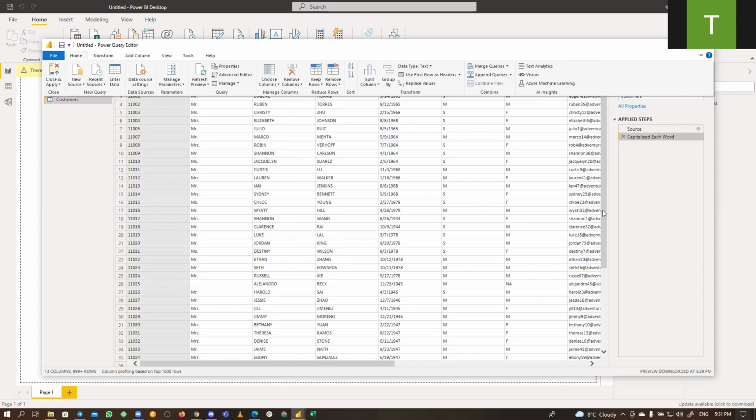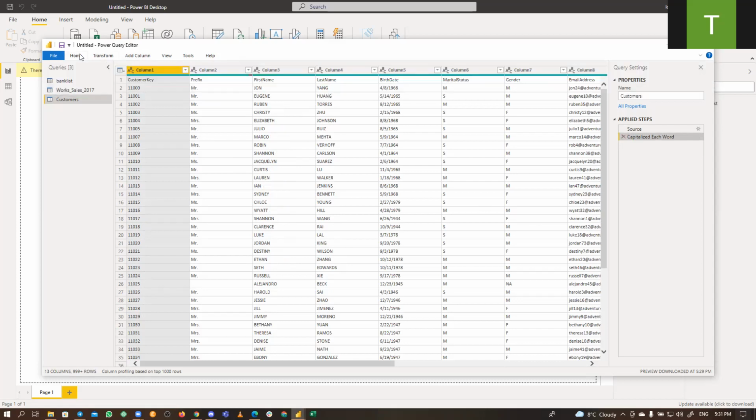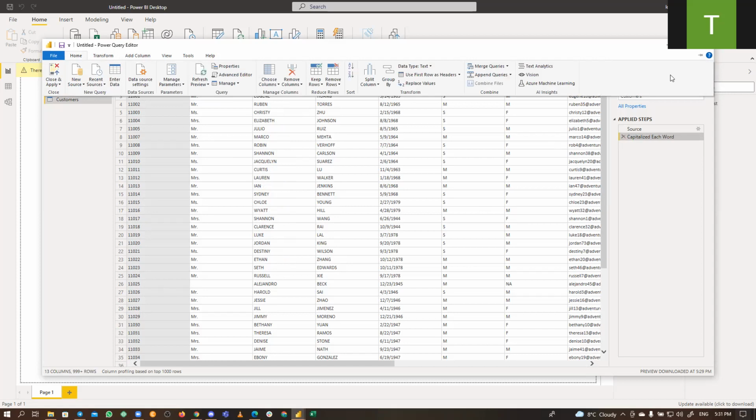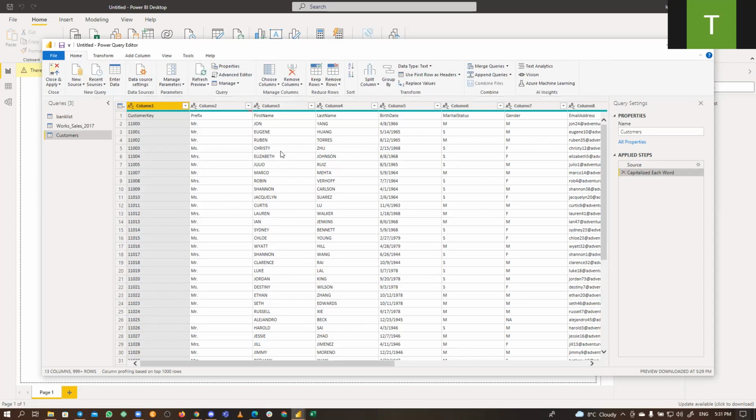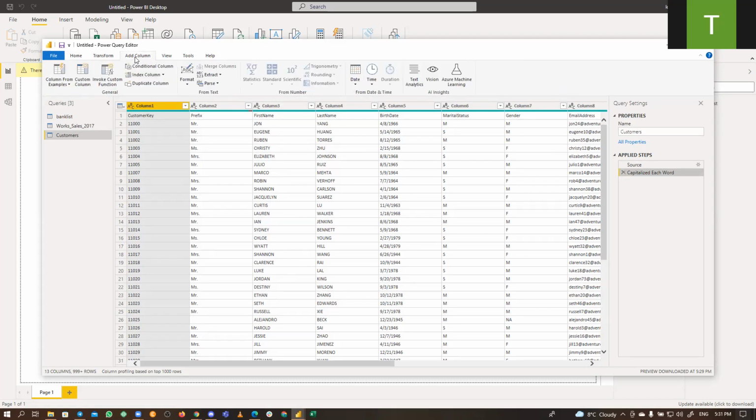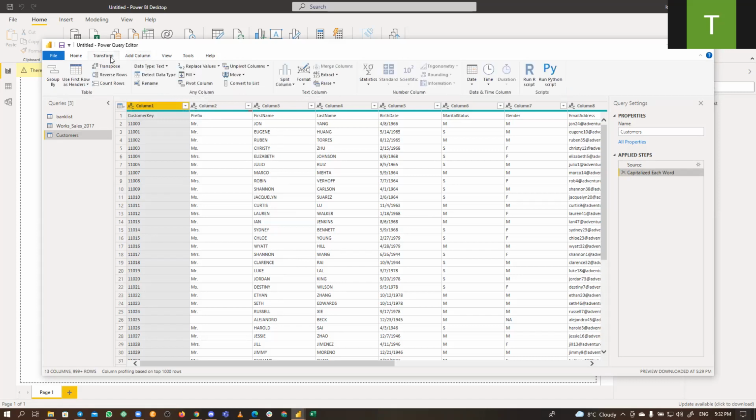The mistake is that when you work on a column and you want that column to give birth to another column, you need to work in the Add Column section. Let me repeat again. Whatever transformation you do for that column should be done under Add Column. If you do it under Transform, it changes that column. So that column will remain the same.